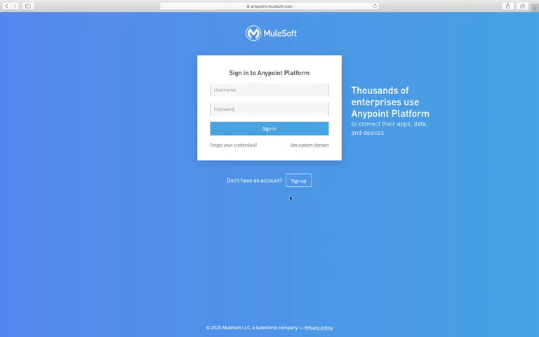This account is free for 1 month. After 1 month, if you want to use the account, you can register again using the same email ID, but your username must be changed. You can't use the same username multiple times, so every time you need to provide a new username.